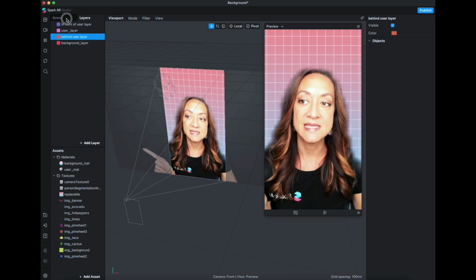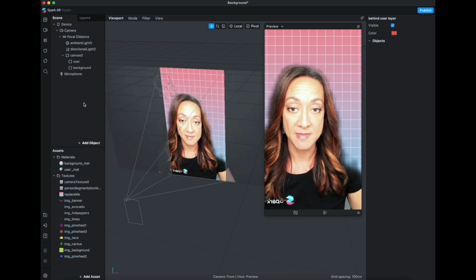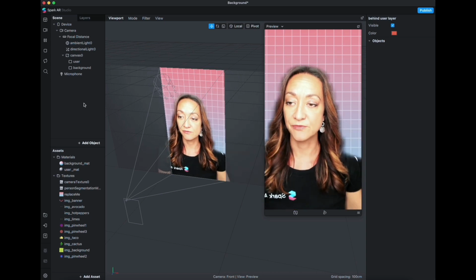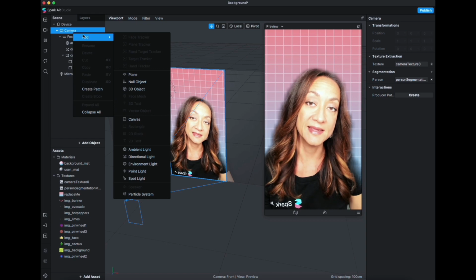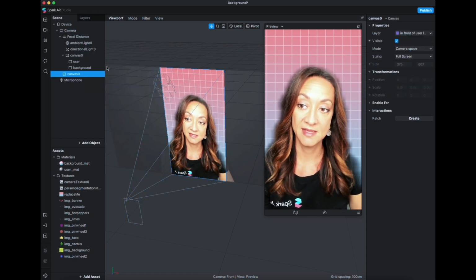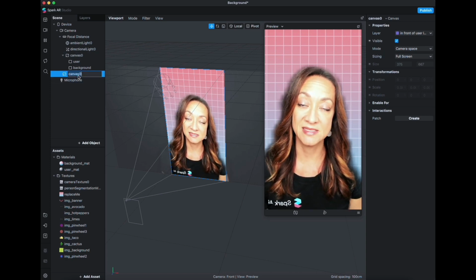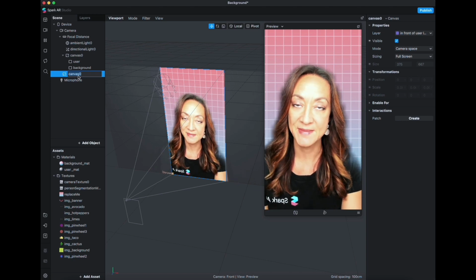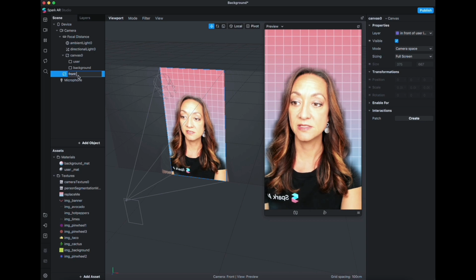Let's go back to the scene panel and let's start populating the canvases that I'm going to make that will sit on those different layers. So I'm going to add a canvas to the camera hierarchy, and to do so I'm just going to right click and follow along with add a canvas, and it automatically adds a canvas there. We're just going to rename that right away so then it doesn't get lost in the mix and I forget what it is. This one we're going to name consistently with the layer, front of user,